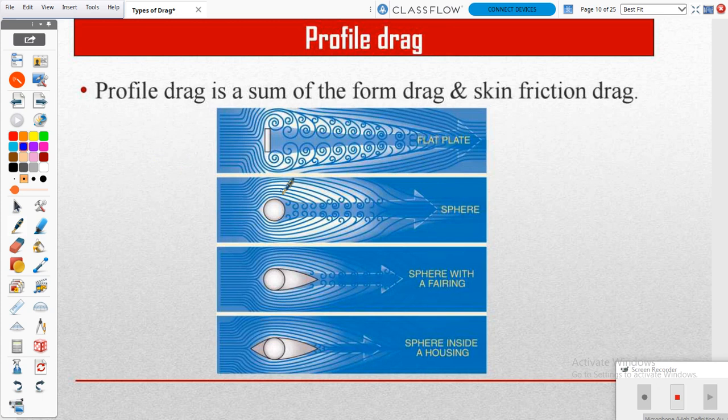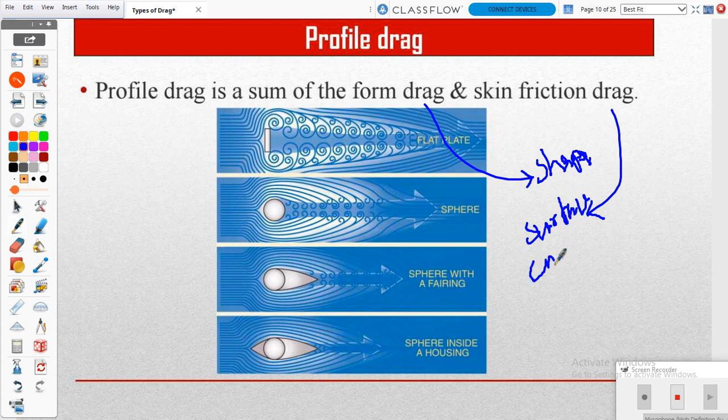Next one, profile drag. It is the combination of form drag and skin friction drag. We already studied that form drag fully depends on the shape of our object, and skin friction drag fully depends on the aircraft surface and the air molecules.